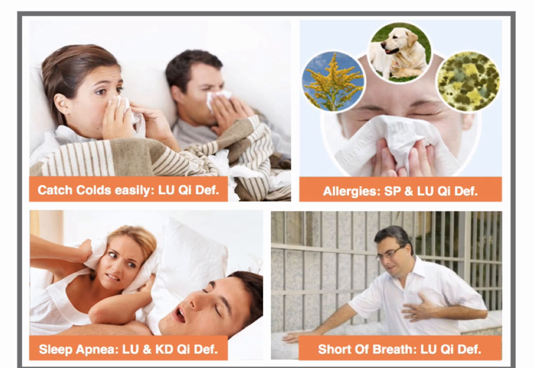Someone has sleep apnea. Sleep apnea, again, can be quite complicated, but in general, it is a LUNG Qi deficiency and a kidney Qi deficiency. Some people with sleep apnea are diagnosed later on in life when they're older, when their kidney starts to be depleted. Also, it's usually due to phlegm. For a lot of people, if they have a lot of excess weight, specifically in the upper body, that creates a lot of pressure and phlegm, and that stops them from being able to breathe properly at night, and they have sleep apnea.